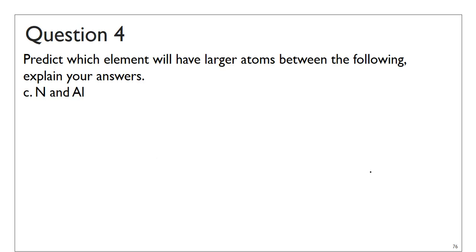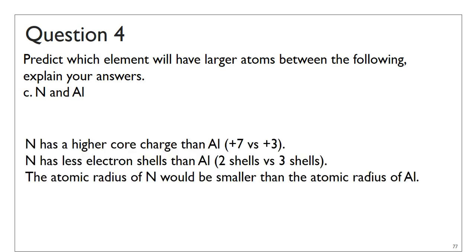And lastly, we have part C, nitrogen and aluminium. Now this is when you have a change in both the core charge and the number of electron shells, but it's actually not that difficult to make a comparison. It's not a double negative or anything like that. It's just comparing both core charge and number of electron shells. It's fairly easy to see why nitrogen is going to be smaller, or I guess I haven't actually answered the question here. I have to say that aluminium is larger